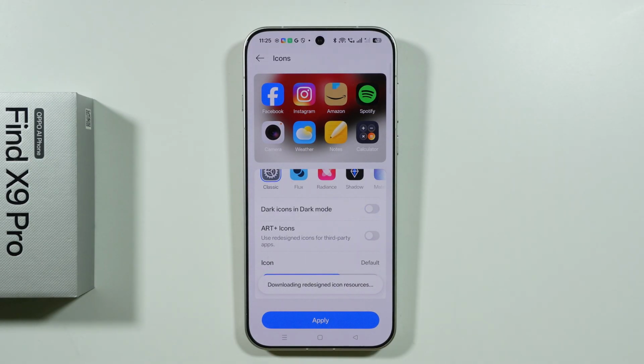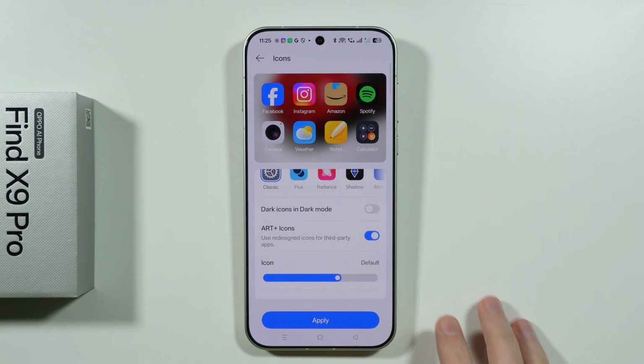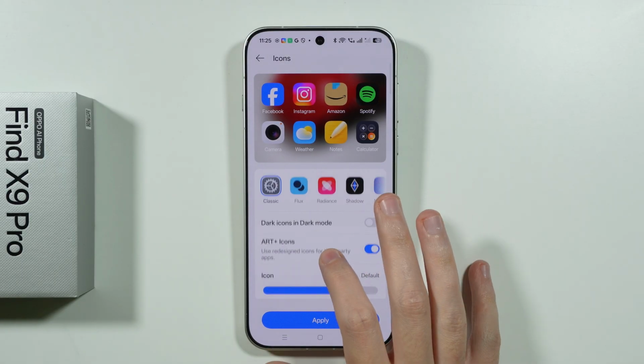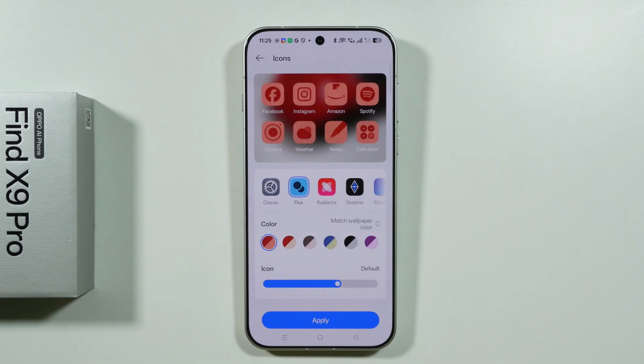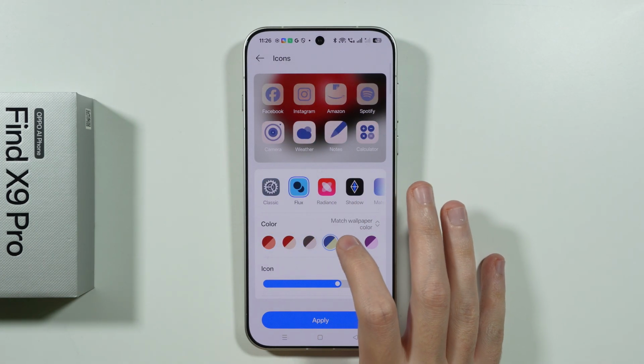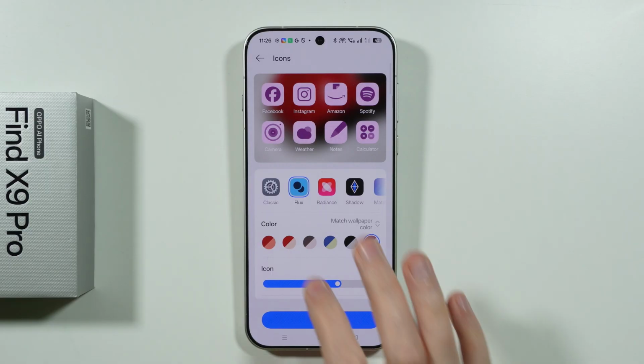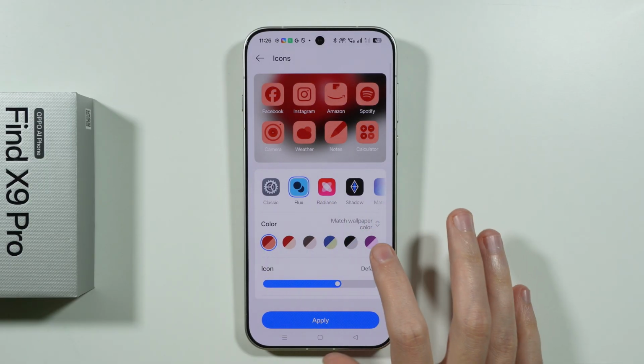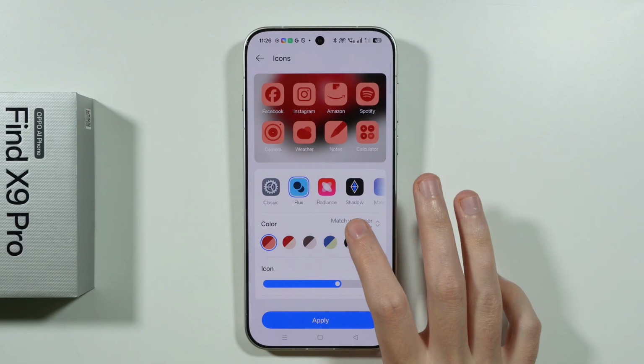So this is of course available for the dark mode. We also have this art plus icons that slightly changes some colors and aesthetics of these icons, but you probably want to actually use the flux option, because as you can see now we have these different colors available over here to choose from. Now we have the wallpaper colors list over here that we can use, or you can